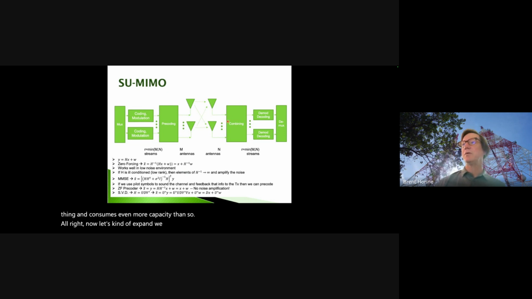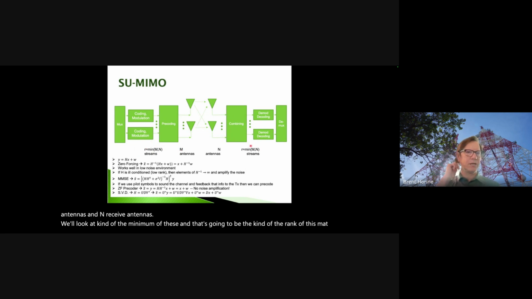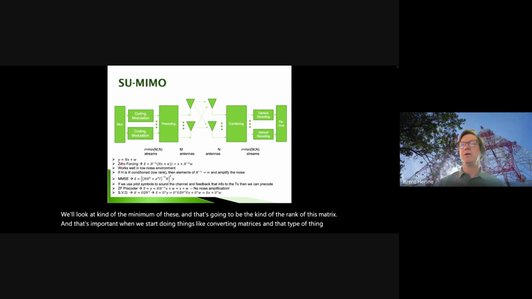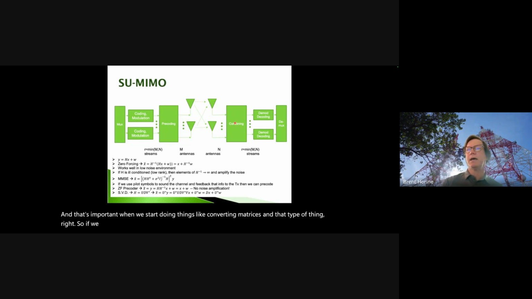We looked at one situation where we had multiple receive antennas, and we talked about combining, and then we said, well, we can have multiple transmit antennas and kind of pre-code it. So let's generalize that, and we'll have M transmit antennas and N receive antennas. We'll look at the minimum of these, and that's going to be the rank of this matrix, and that's important when we start doing things like inverting matrices and that type of thing, right? So if we look at now this,